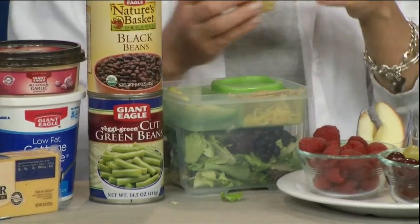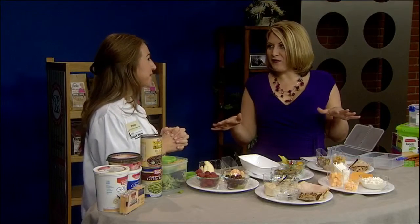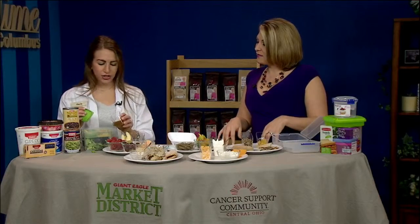Yeah, and I like that you're having cheese, you're having a little bit of that crunch going on with the carbs. You don't have to dismiss any of those food groups. Exactly. The thing is, with these containers, they're all in the right portion size. So you can have the tortilla chips, you can have a little bit of cheese, just make sure it's in the right portion. Okay. And then our last little cup right here is for our dressing that we'll put in,